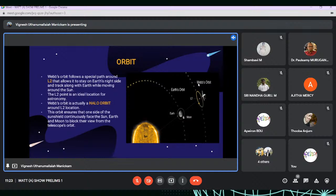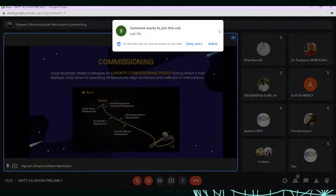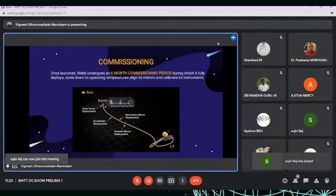Let's talk about the orbit of this telescope. The Webb orbit follows a special path around the L2 Lagrange point that is directly behind the Earth. This point is an ideal location for astronomy. It is actually a halo orbit around the L2 location. This orbit ensures that one side of the sun shield continuously faces the Earth and blocks the view